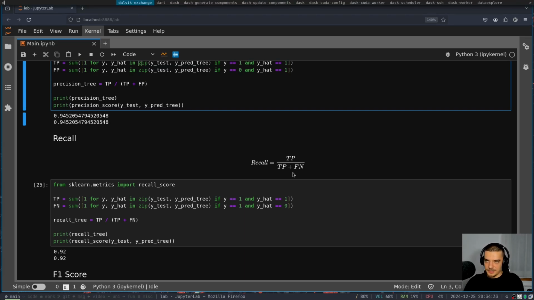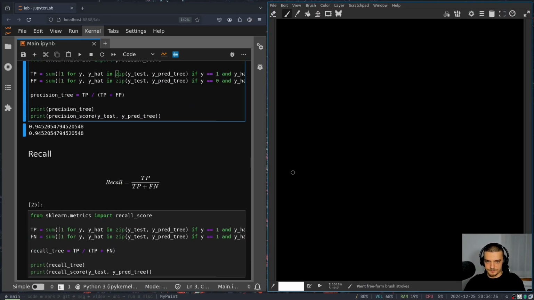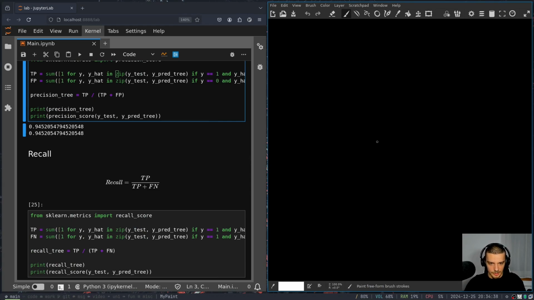Let me open up a drawing tool here. So my paint. Let's say I have a pool of, let's say I have some wrong instances here, some negatives. And let's say I have some positives here. If my model now says the only one I'm going to classify as positive is this one, I have a precision of 100%. Because every time I said something is positive, it was actually positive. I have 100% precision. Every time I say, yes, this is positive, my precision is 100% because I was right